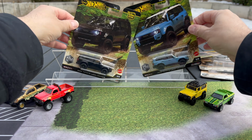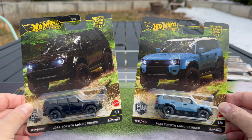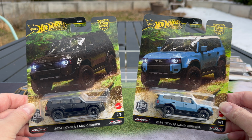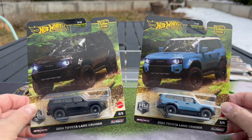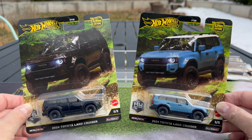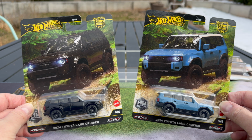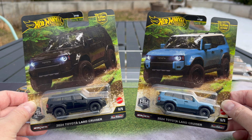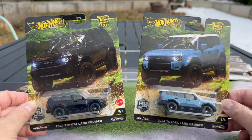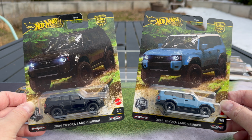This is fabulous. Obviously, it's the brand new Land Cruiser. They're starting to show up more and more on the roads, and I'm liking them more and more. I've seen some people not like this design of the Land Cruiser, and I think when you start looking at the heritage of the Land Cruiser, which we'll do, I actually think this is a great evolution for the Land Cruiser. I'm into it. A lot, actually. Quite a bit, to the point that if I'm in the market for a car, I would seriously consider this one